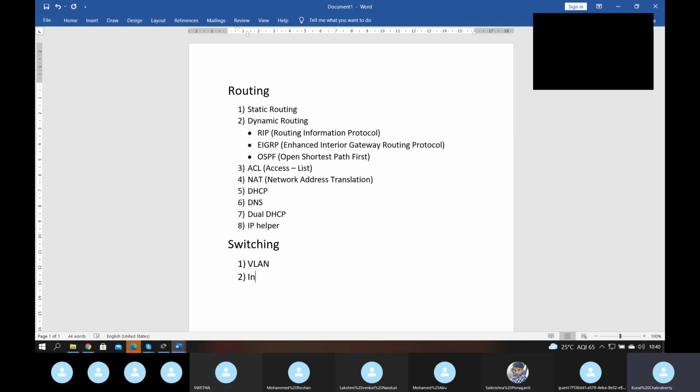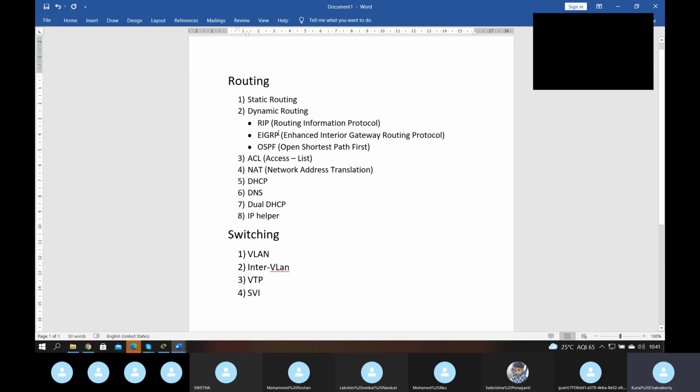Next, inter-VLAN, then STP. Next, SVI. These are the concepts that you are going to learn. It's very big, right? So many things are there. It's very easy. Nothing to worry.